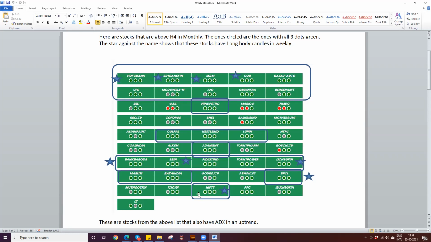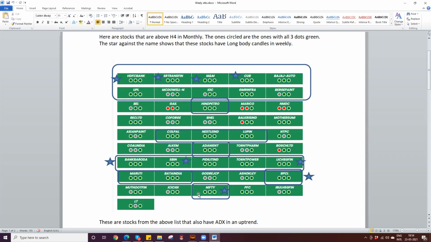So the list fell to about 50% of what was there. So these are stocks with 5 green dots. So that means they are stronger within the space, right? So they have their different time frames also in green. So that means not only is it good in the monthly time frame, but it's also being buttressed by other